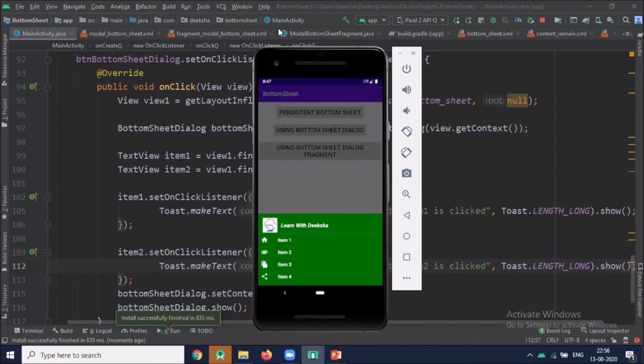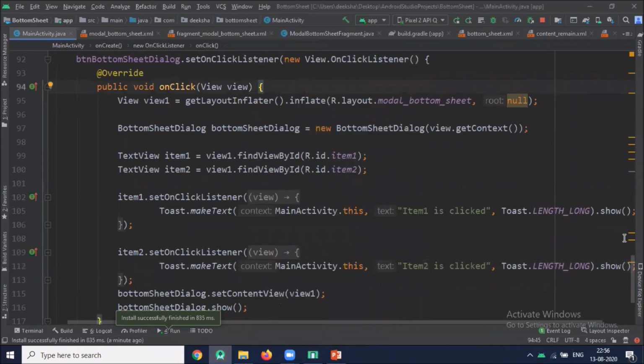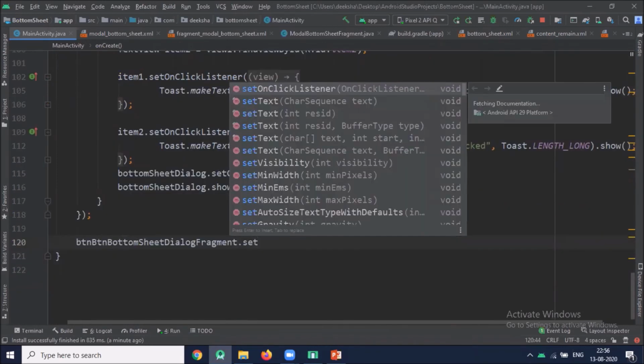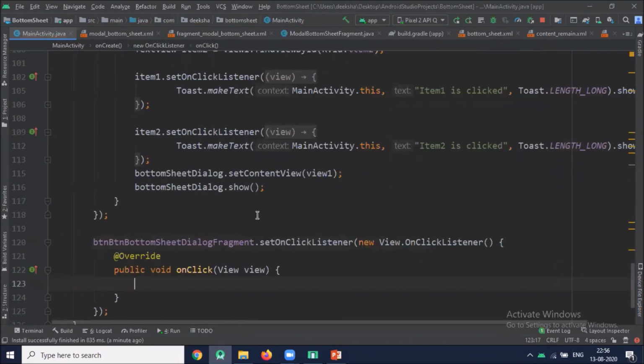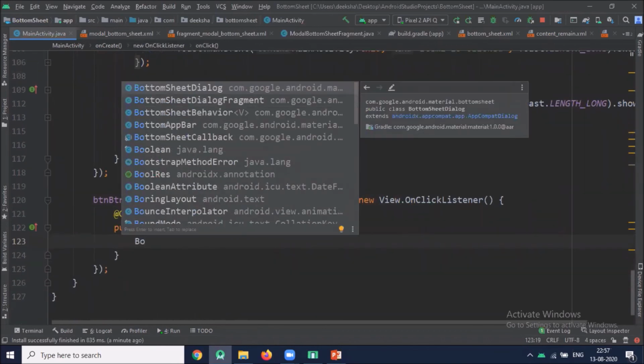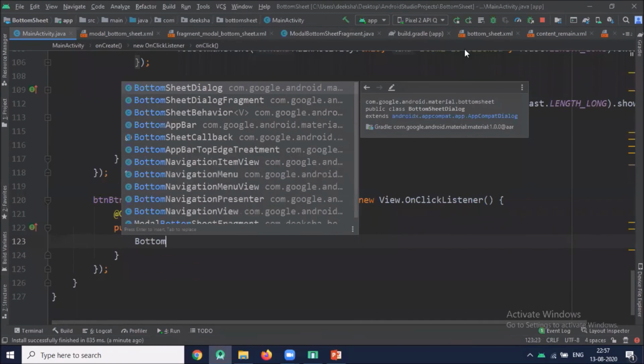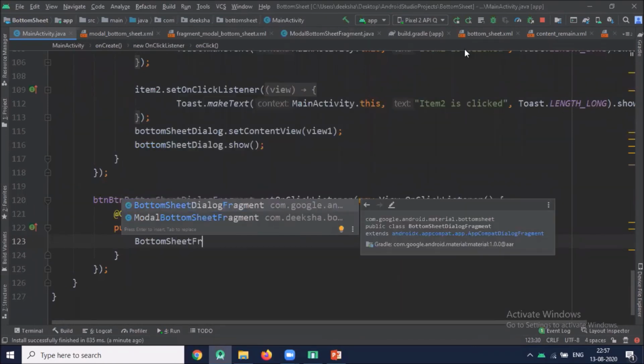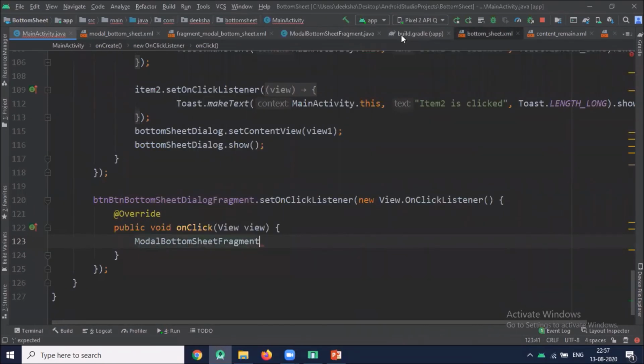Now we will work on bottom sheet dialog fragment. As you know, we already created a modal bottom sheet fragment.